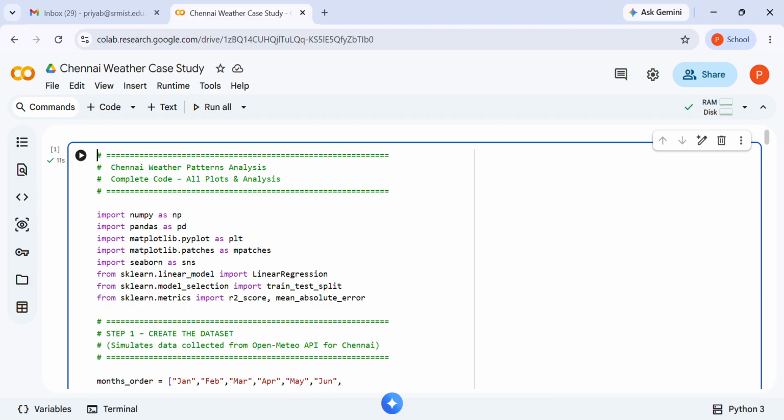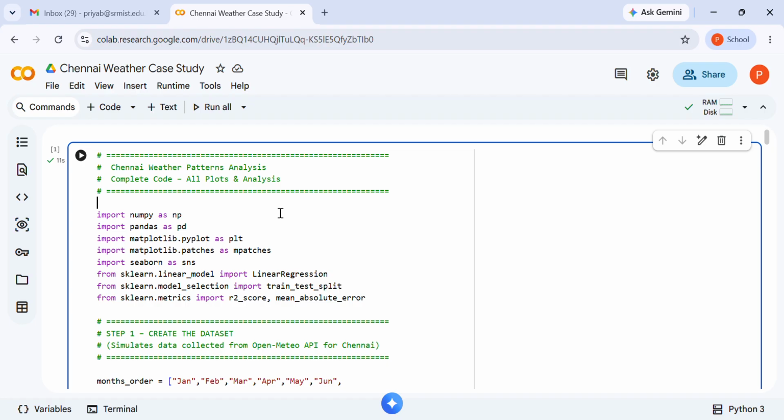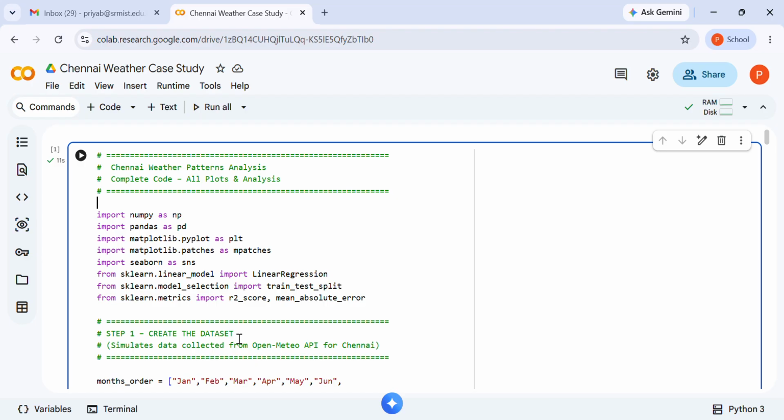So coming to the first segment, the code here, what we do is we import the essential libraries for numerical operations, import NumPy as np, and then for data manipulation import pandas as pd, and then for plotting we use import matplotlib.pyplot as plt, as well as import seaborn as sns, and for machine learning we use from sklearn.linear_model, and then sklearn.model_selection, and sklearn.metrics.